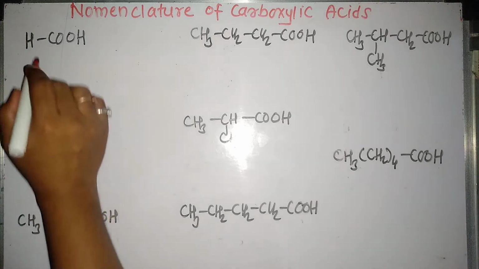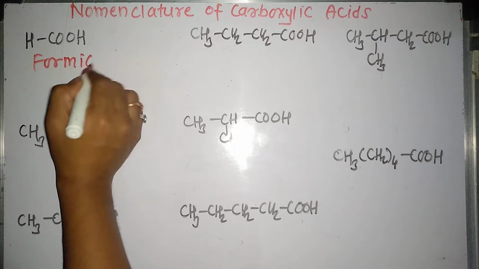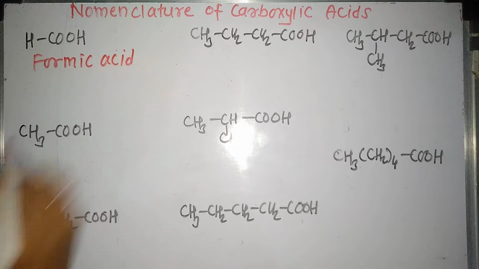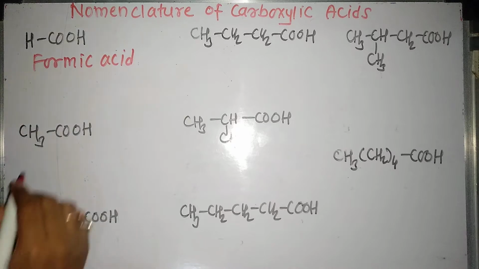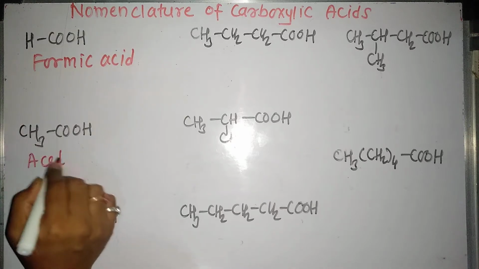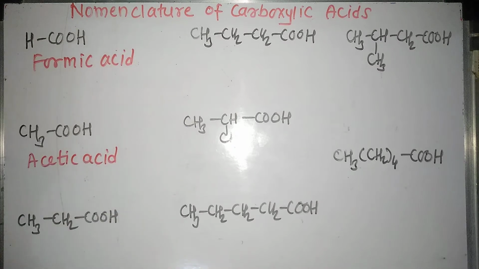So the first acid is called formic acid. What is the name of the first member of carboxylic acids? That is HCOOH, formic acid, because it was obtained from an ant. Formica means ant, that's why the ant-bearing acid is formic acid. The second member is CH3COOH, which is called acetic acid. It is acetic acid in the common name because acetum means vinegar. So the vinegar-containing carboxylic acid is acetic acid.